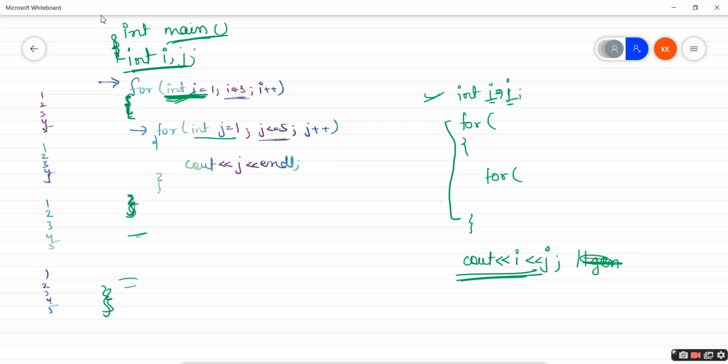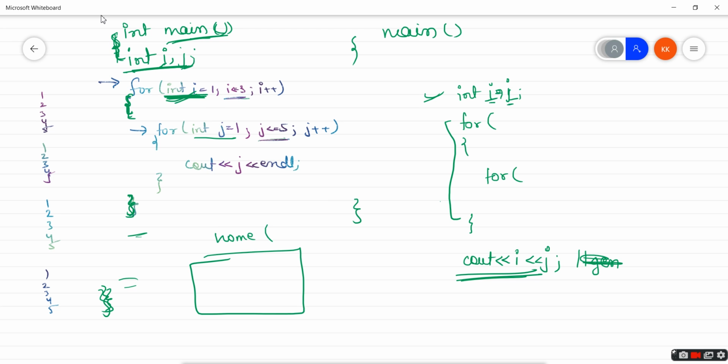But we cannot have the same name twice within this main block, because we have a main block and inside it two variables with the same name. It is similar to this: our home is termed, for a program, as main. So main is a home, okay?